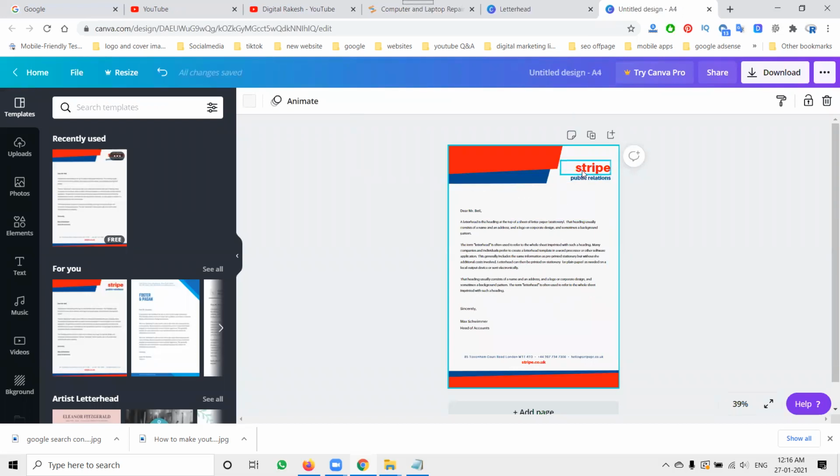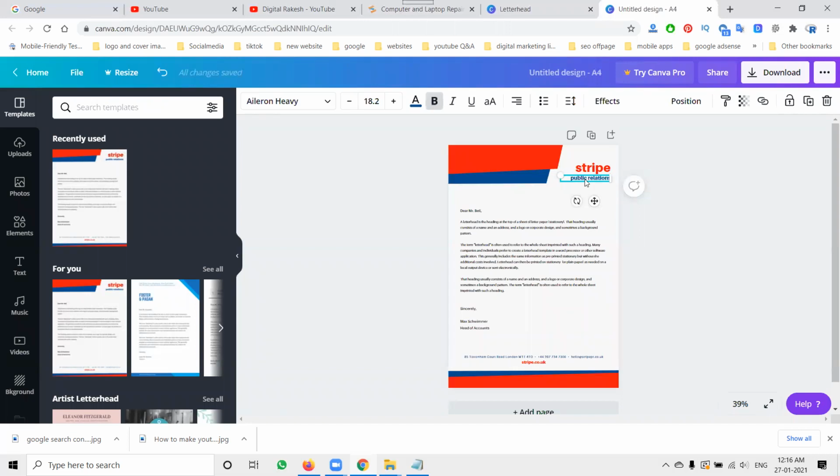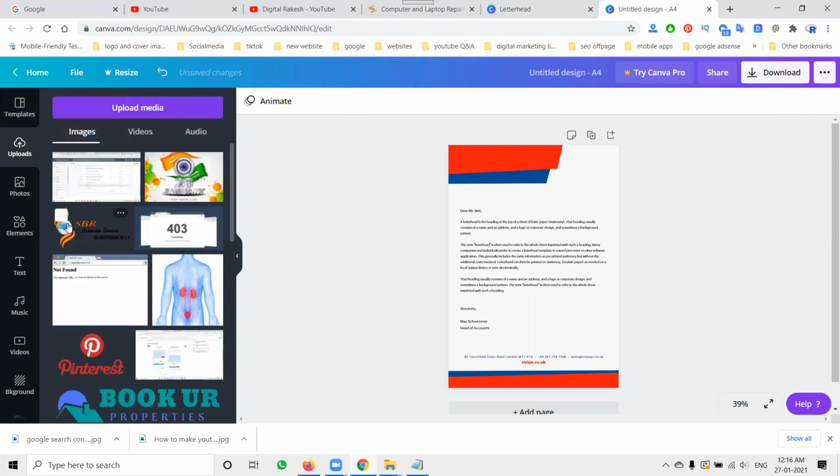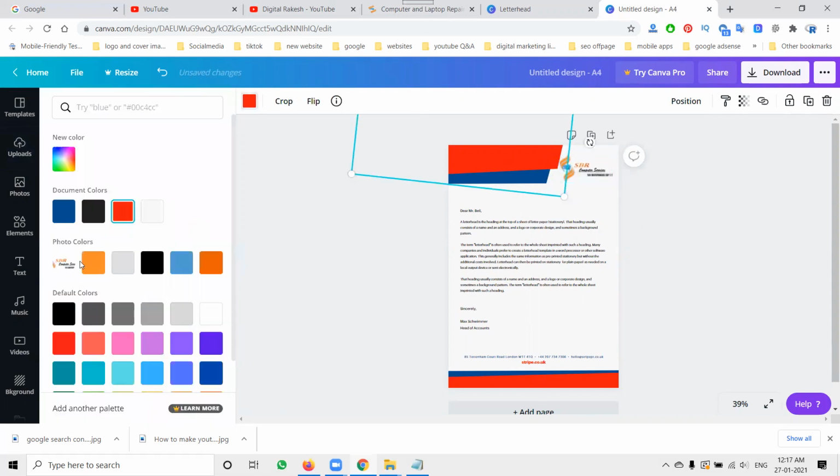Based on the color, we'll be selecting here. Remove this, and their logo will be here. Here we can select depending on the logo color.